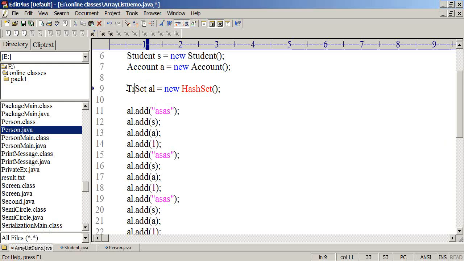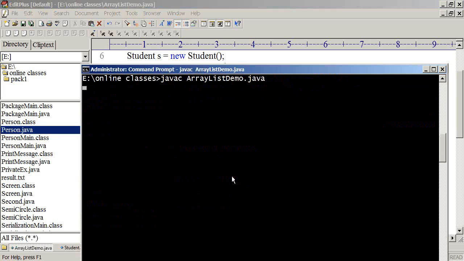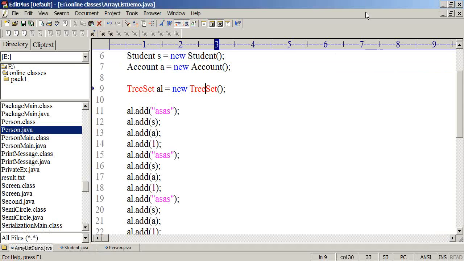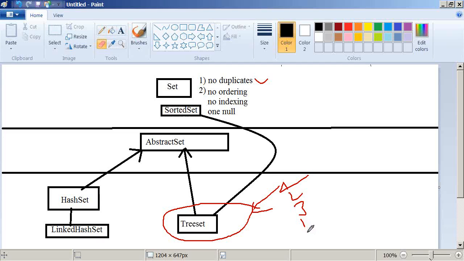If I replace this with TreeSet, this program will not work. Why it will not work, I will explain. Calling the method is fine, the program will compile, but it will not be executed. It will not execute when I change it to TreeSet. Why? Because TreeSet is one special class in this architecture. TreeSet's behavior is that while adding the objects, it is the same thing, it does not allow duplicates, but it arranges the data in sorting order. Let's suppose I am collecting 4 2 3 1 like this. Now while adding itself, it is going to